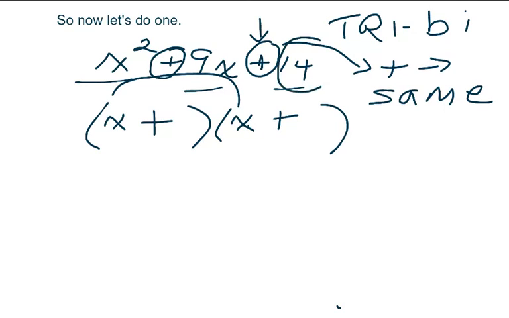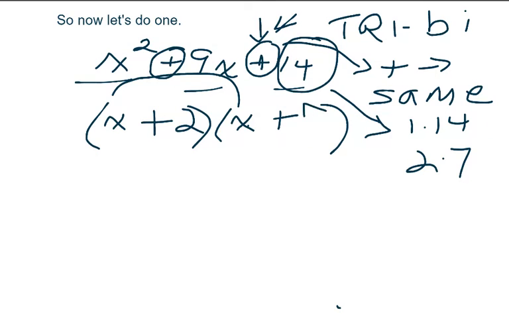Now, the last thing that I do to get the last term, I have to have a product that multiplies to 14. But I also need that same product to add up to 9. So I start by listing the factors. 1 times 14, 2 times 7, and that's it. So now I simply pick the pair that adds to 9, and that's 2 and 7. So that is